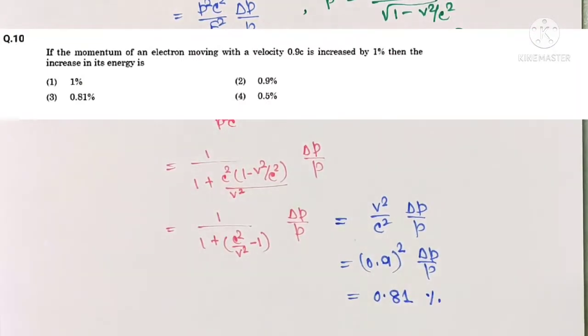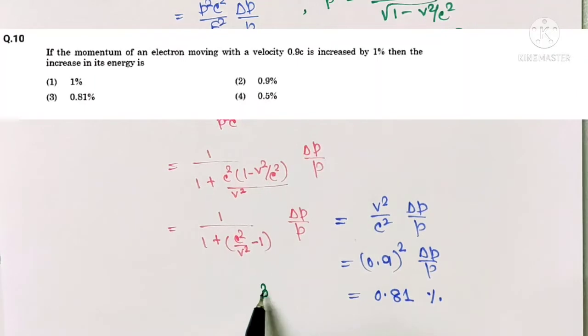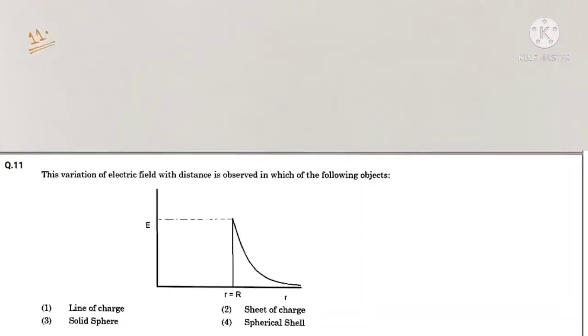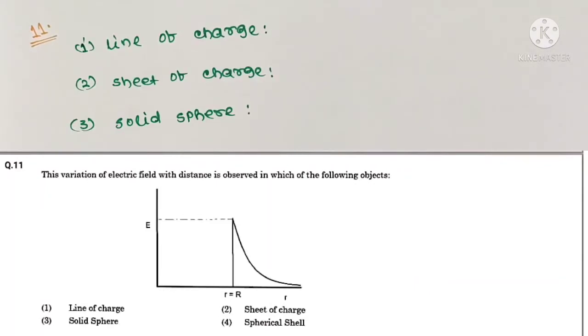So your correct option is option 3. Question number 11. This variation of electric field with distance is observed in which of the following objects? To solve this question, you should know the variation of electric field for the charge distribution in this type of